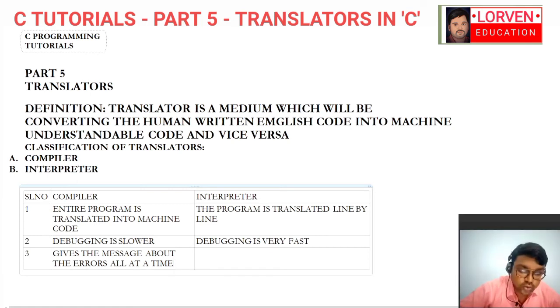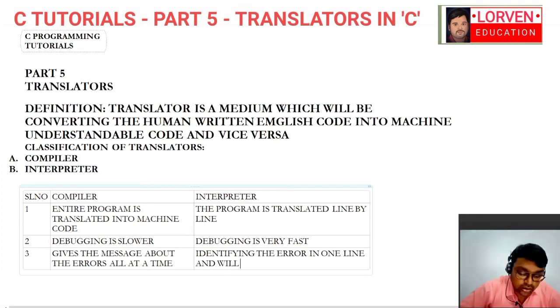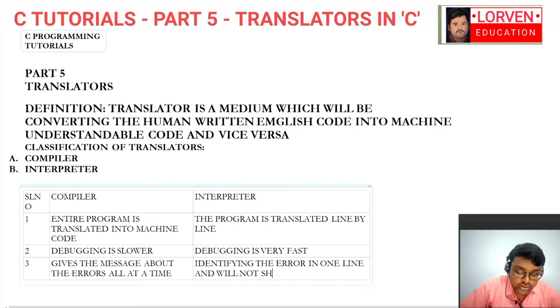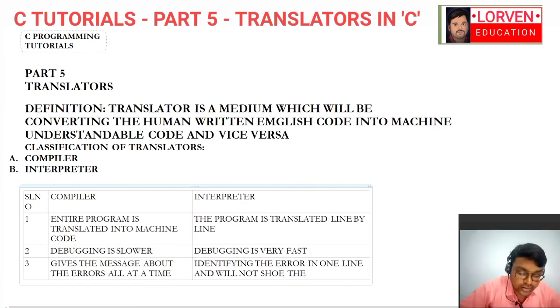Now with the same concept of identifying errors, what will the interpreter do? The interpreter will identify the error in one line, and until you rectify that error, it will not show the error in the next line.